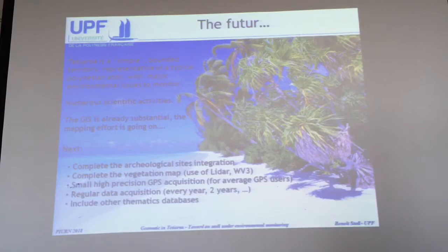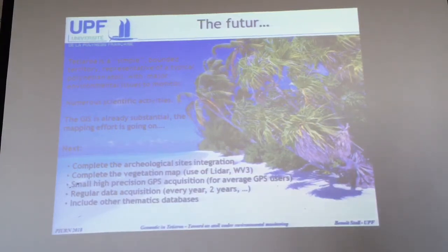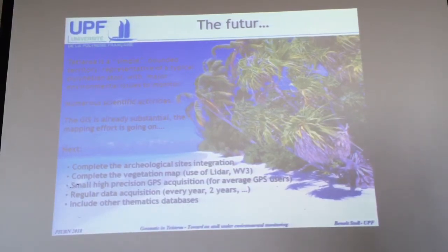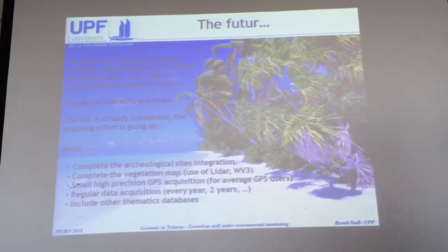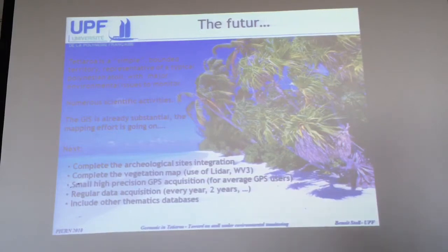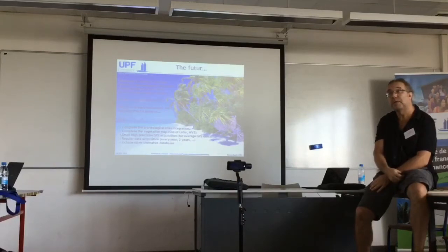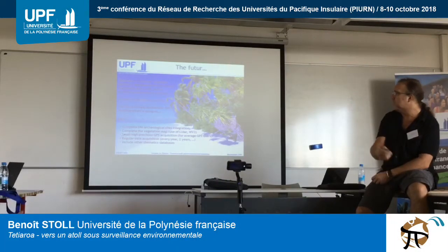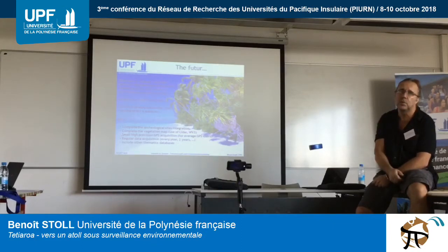So, in conclusion, for the future, Tetiaroa is a very simple case. It's a bounded territory representative of a typical Polynesian atoll, with major environmental issues to monitor. And there are numerous scientific activities in Tetiaroa. So the GIS is already substantial, but we are continuing the mapping effort. We have some projects for this year and next year: to complete the archaeological sites integration, to complete the vegetation map with the use of LiDAR and WorldView-3 images,